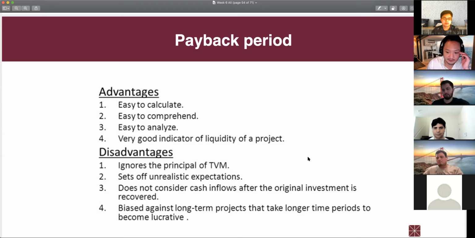If you're trying to compare like two different sizes, right? So if you're looking at two different investments, where one gives you a significantly greater amount of cash inflows, even though it's a much greater investment, right? So if something's like $50,000 as a project that you're initiating, let's say you're investing in a particular project, and you're bringing in $10,000 a month, the payback period is still 5 months, right?